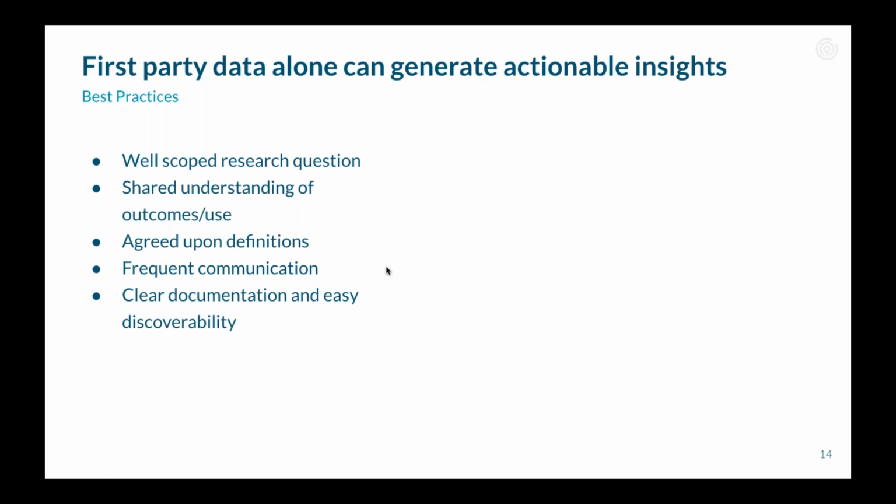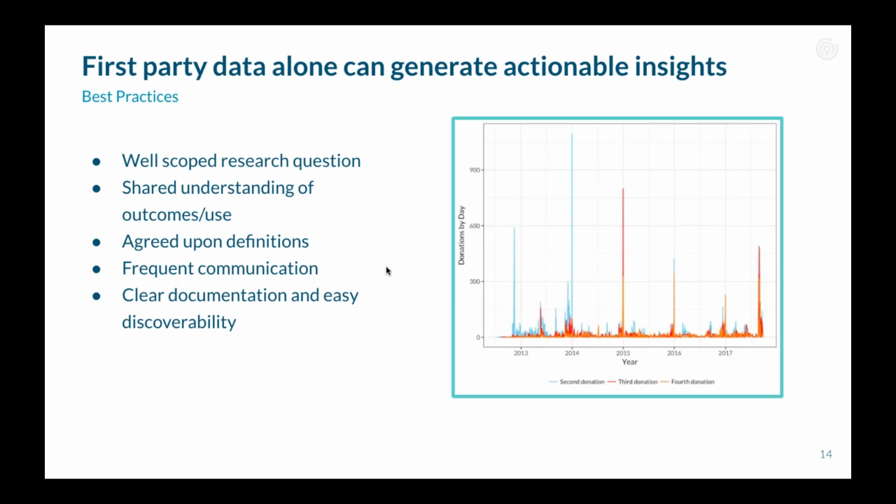Let's now take a look at an example of a first-party data analysis using transaction data alone. A large disaster relief organization came to us with a theory that disaster donors, those are donors that donated directly to a specific natural disaster or other disaster, behave differently from blue sky donors. That would be donors that give outside of specific disasters. Looking at just transactional data, we were able to learn that a large portion of donors whose first donation was in support of a specific disaster relief effort established ultimately a pattern of annual giving. That's what you're seeing in the chart here.